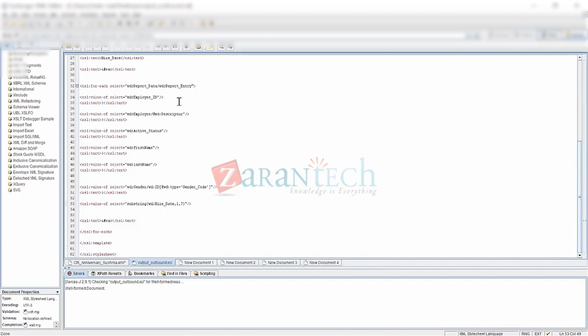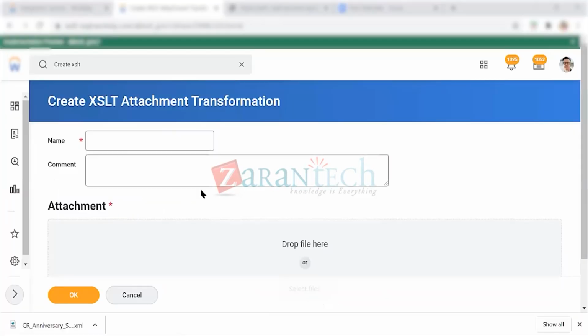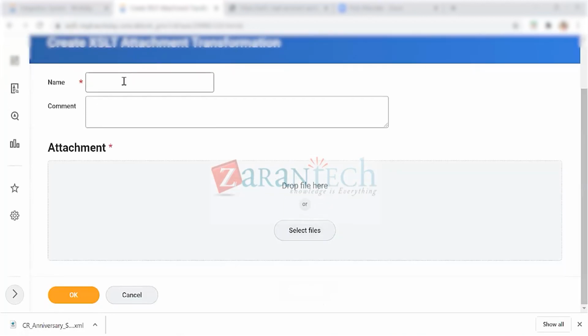You have to create a document transformation integration system and call that in the EIB. I'll show you how to do it, but you can try it on your own. I'll give you a few XTT functions. You can try them. Now I'll load this and show you first. To create in EIB, as I said, EIB plus XSLT, you have to create a task called create XSLT attachment transformation task. In this task, you will create your first transformation file. I'll make it as output